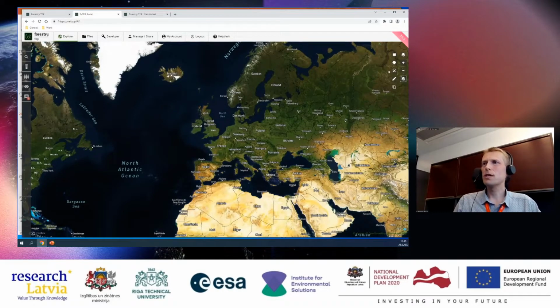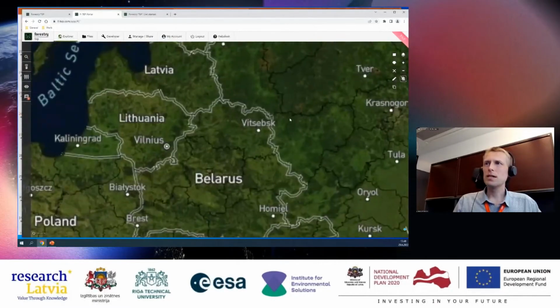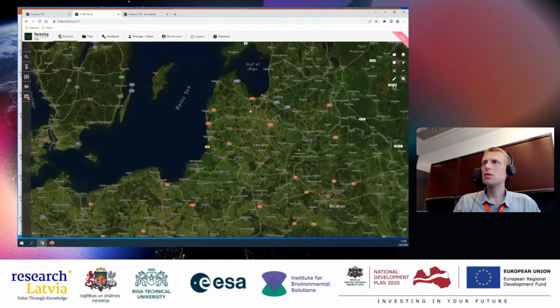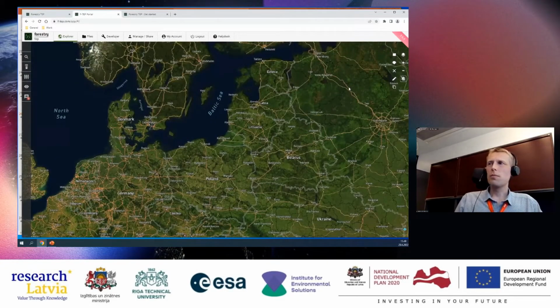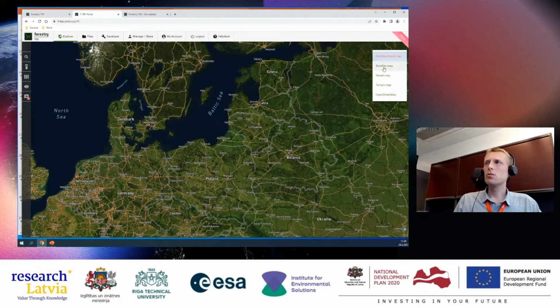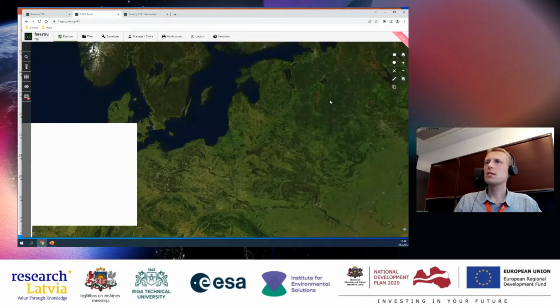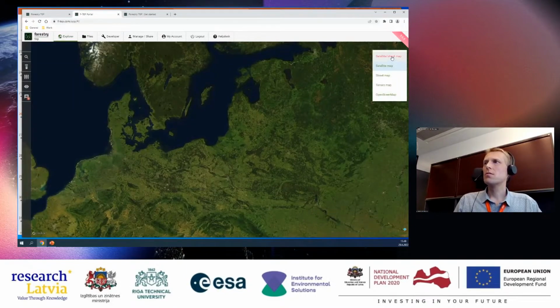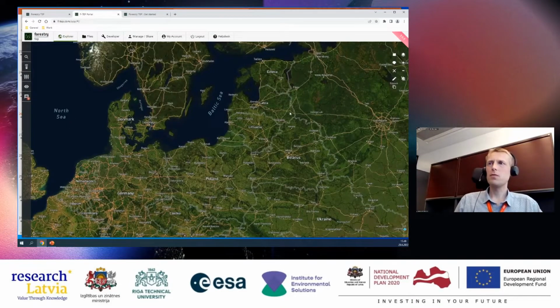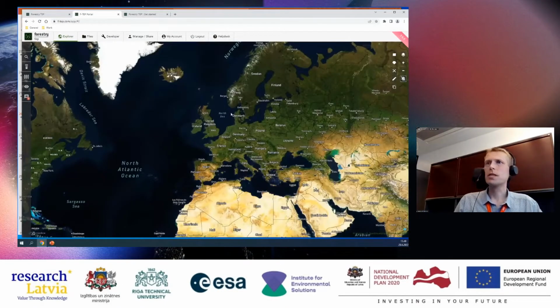Of course, there is zoom in and out. You can also zoom in and out with your mouse easily with the scroll button. And on the top upper left, you can choose what kind of background you want to have. If you want to have an open street map or just a satellite image, the street map is the default. Good, but these are just the navigation buttons.